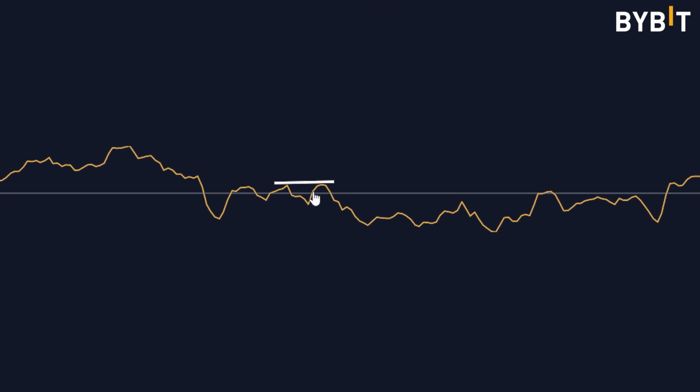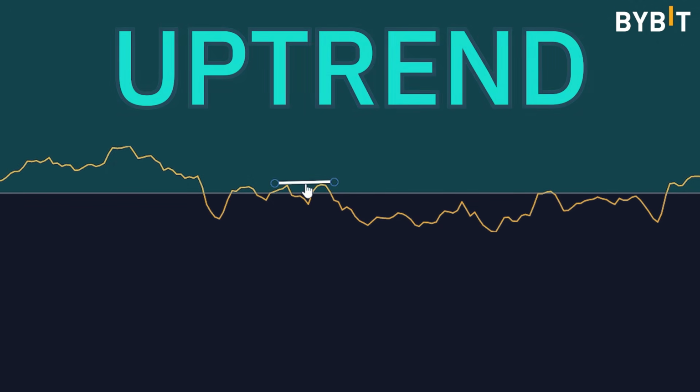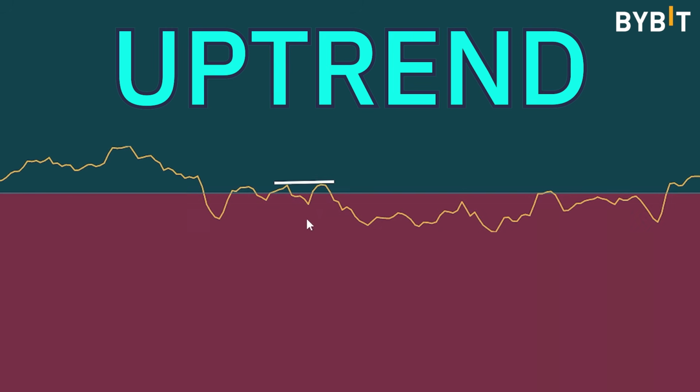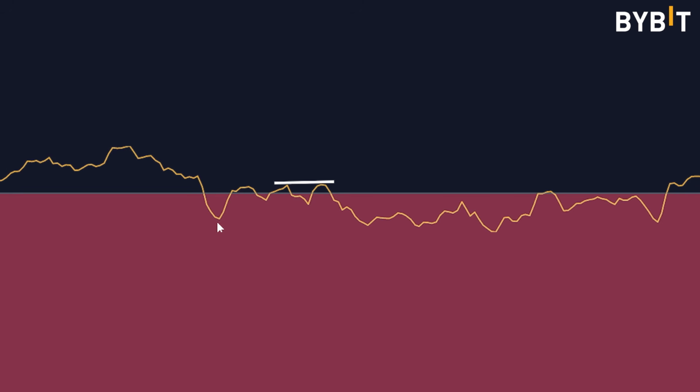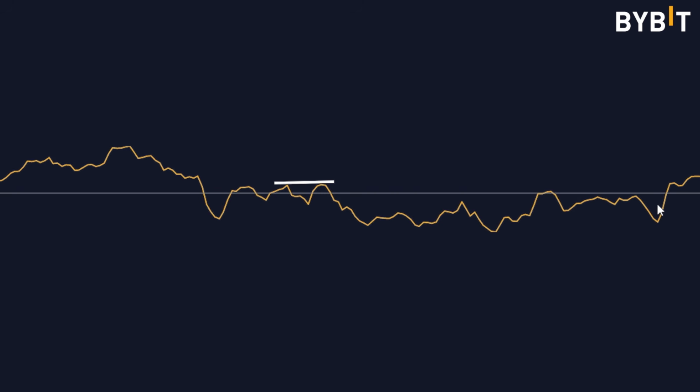And so some traders will use the midline also as a trend direction, a way to determine the direction of the trend. If RSI is above the 50 value, then they would consider this to be an uptrend. If RSI is below the 50 value, then they would consider it to be a downtrend. And so here, notice how RSI dipped down to about 25 and then rallied back and really couldn't rally much up above that 50 level. That would indicate that it's having a hard time rallying back into an uptrend, and then it ended up falling down and spending the majority of the next several days below the 50 mark.